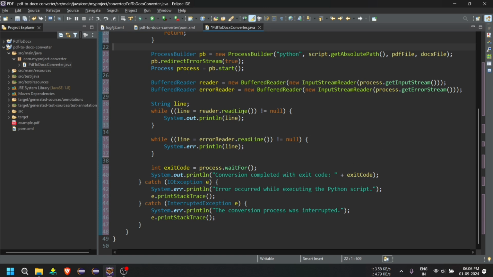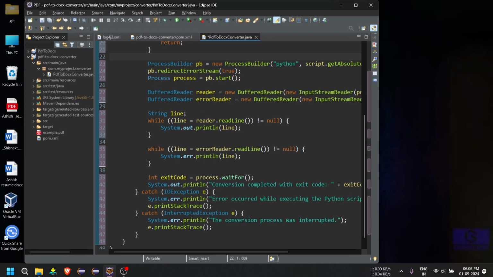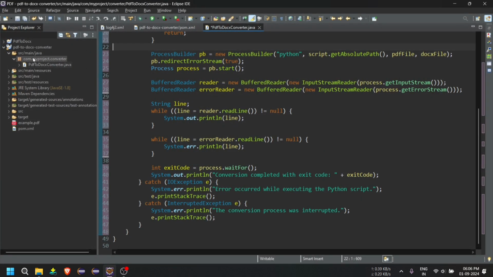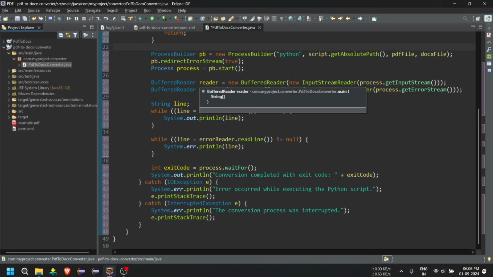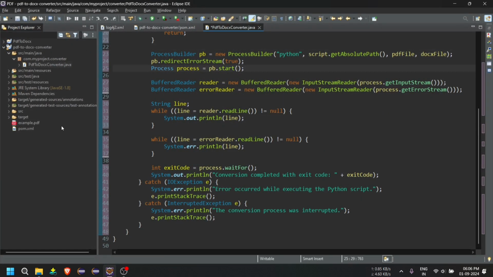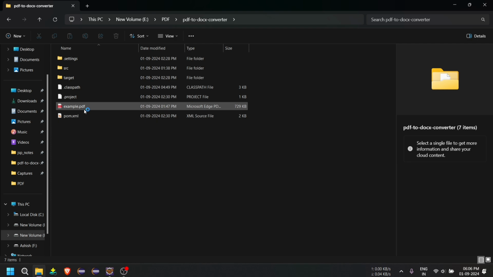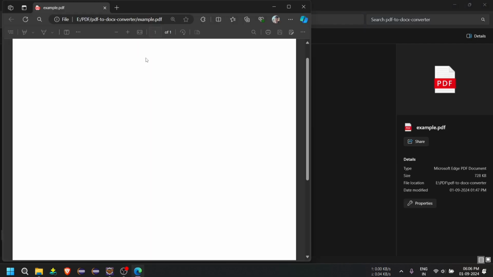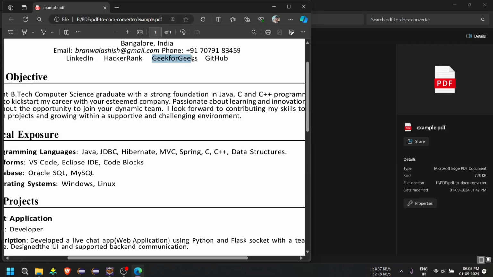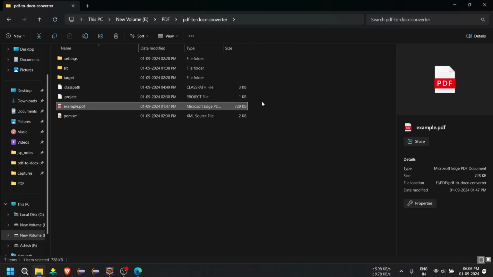I am using it in Eclipse IDE. You can use it in any IDE like IntelliJ IDEA or anything. Here you can see the example.pdf file is there. I will show you that file. Here is one file, and it is a PDF file. You can see the text is visible. Okay? I will convert it into